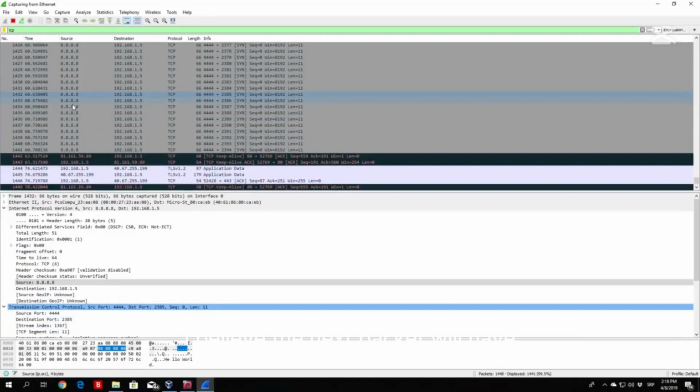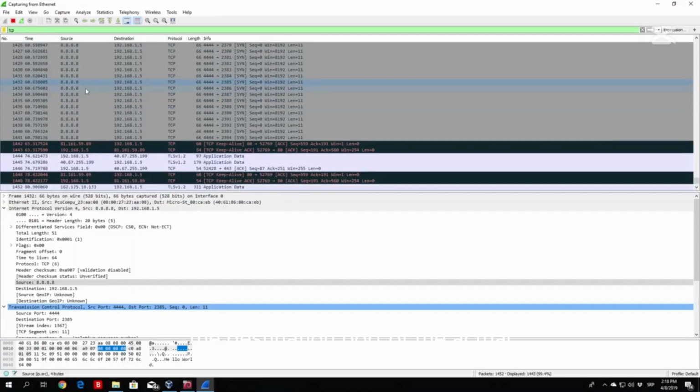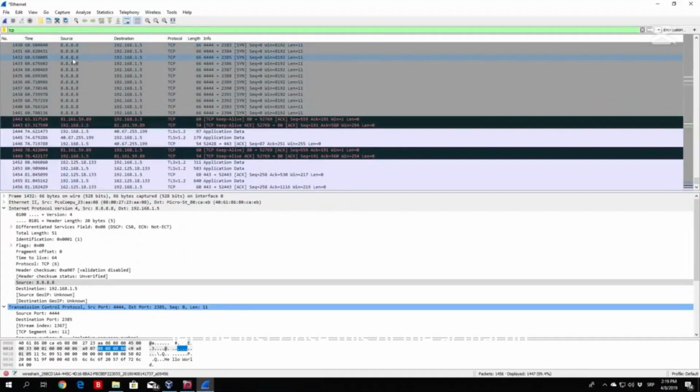So I believe the next packet will have the destination port of the actual number increased by 1, so 2386. So let us check that out. Okay, so it is. So we were spamming every single port on our target PC from the source port 4444,